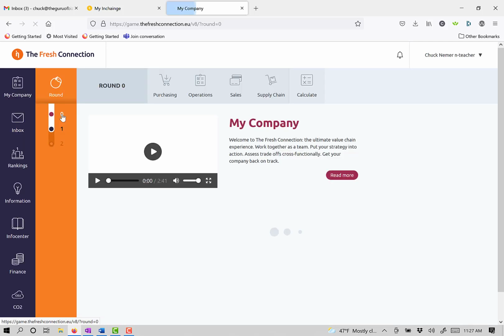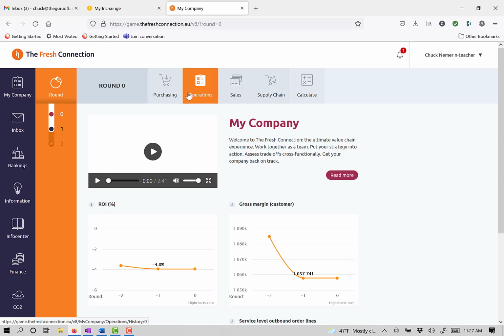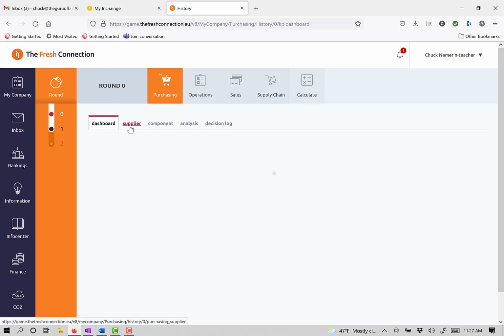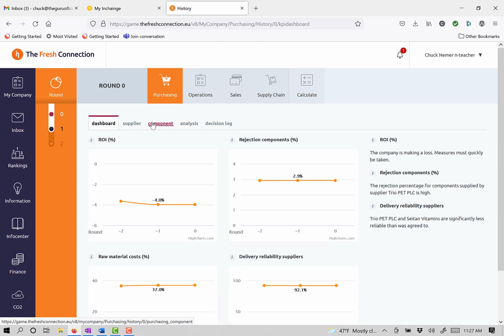Click on 0, and you'll be able to click across each row on top. So this is purchasing, ops, sales, and supply chain. You will not have the calculate button on the right. That'll be held by your professor. But if I click on purchasing, because I'm in round 0, I get the dashboard, but also supplier and component